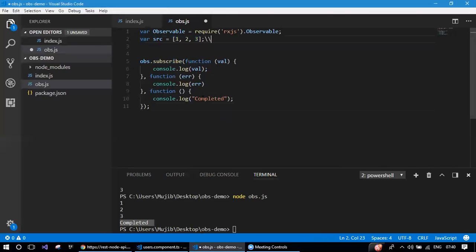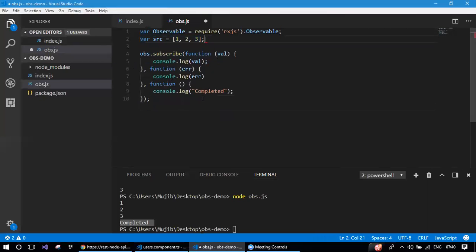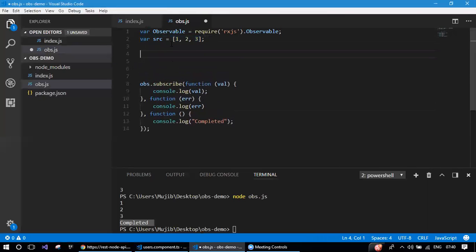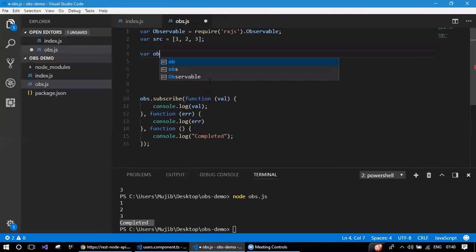And observables are cooler than promises because this RxJS is a very cool library, and it has many inbuilt functions and features that will make your life easy. We'll see them one by one. First, let's go ahead and create another observable